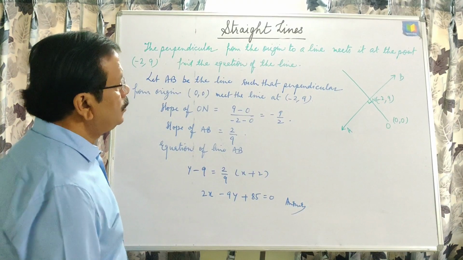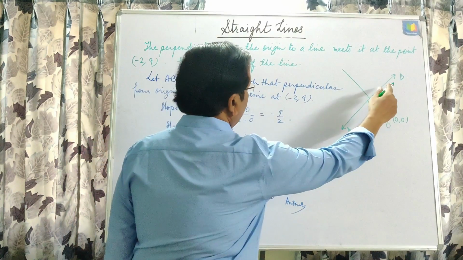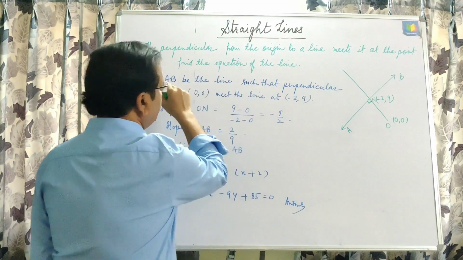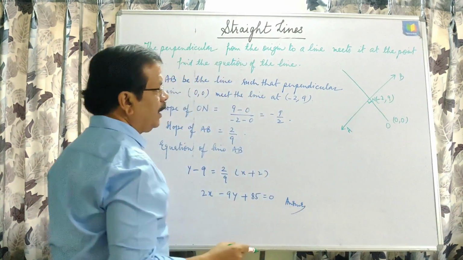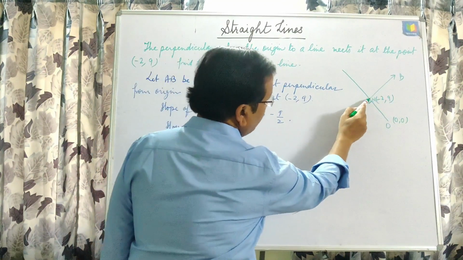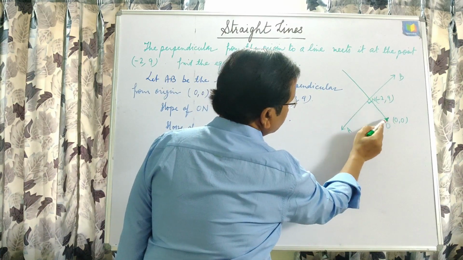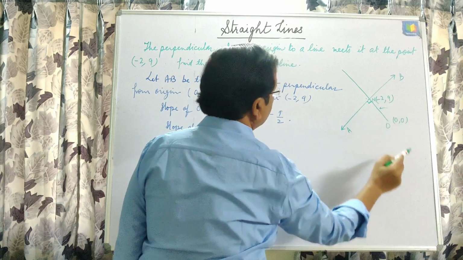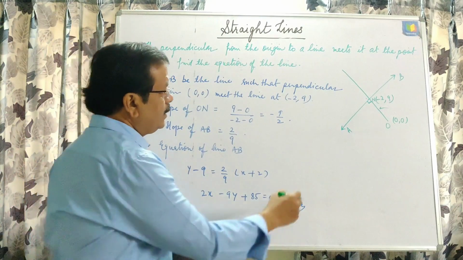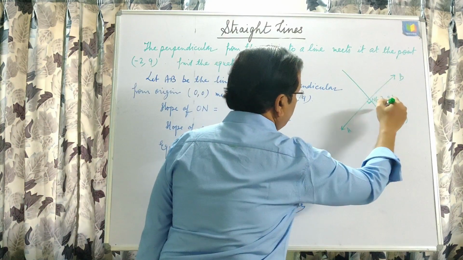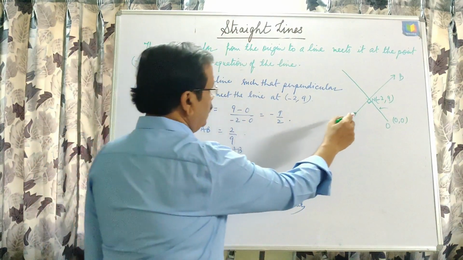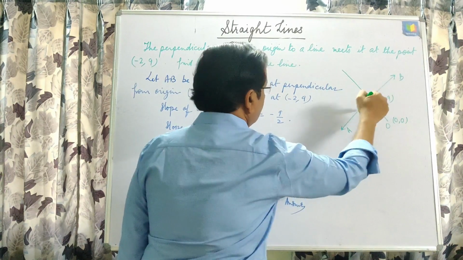Perpendicular from the origin to a line. Let the given line AB be this one, and this is the origin. We draw a perpendicular, meeting at the point (-2, 9). We have to find the equation of this line, and that is why, by using y2 minus y1 upon x2 minus x1, we can find the slope of this, that is 9 minus 0 upon minus 2 minus 0. The slope of this line is perpendicular to this, that is m1 m2 is equal to minus 1,